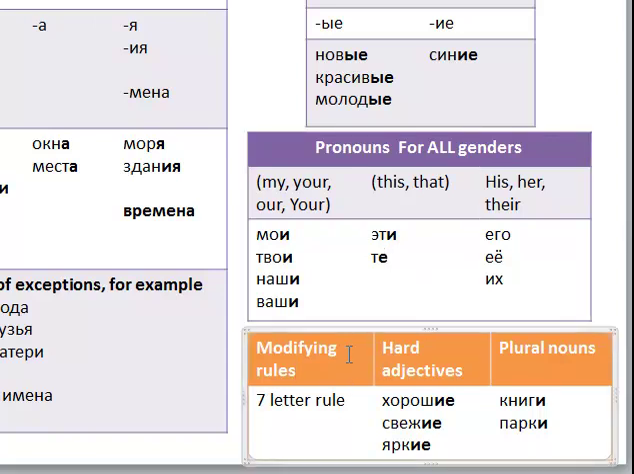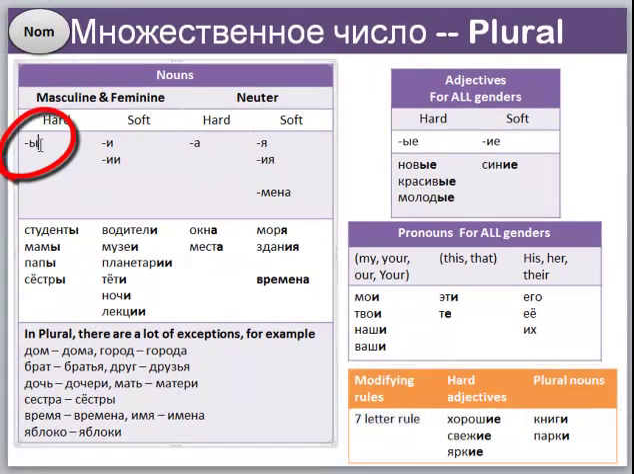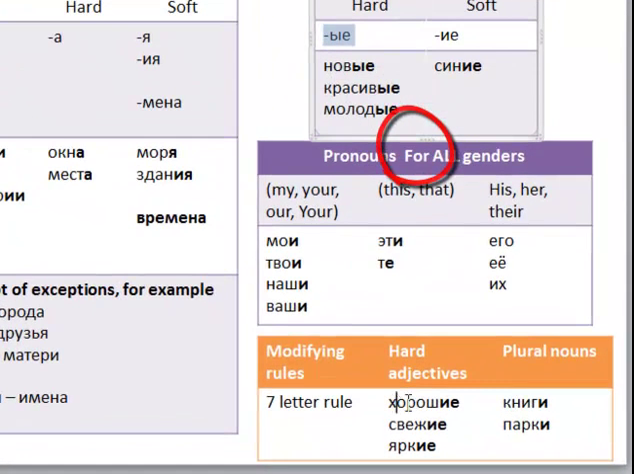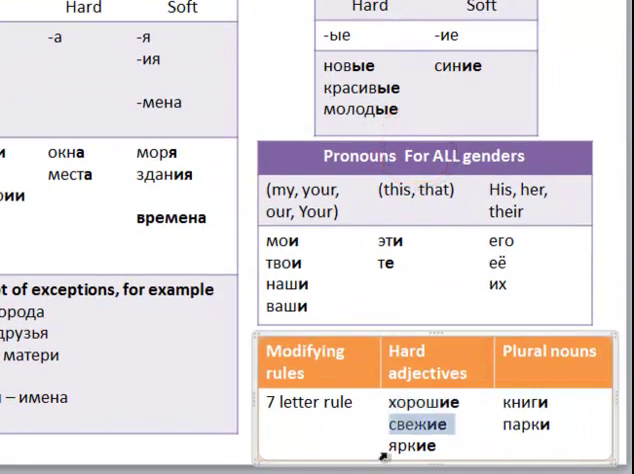The modifying rule that applies here is the 7-letter rule. If you remember, it affects letter «ы». We have a letter «ы» for hard masculine and feminine nouns, so the plural nouns will be affected. For example, книги, парки. And we also have the letter «ы» in the hard ending for adjectives. So these will get affected. Хорошие, свежие, яркие,